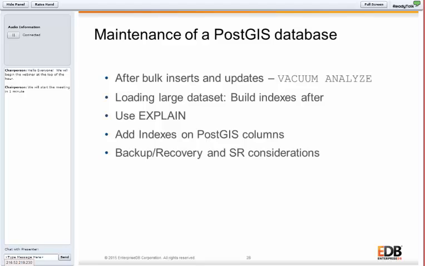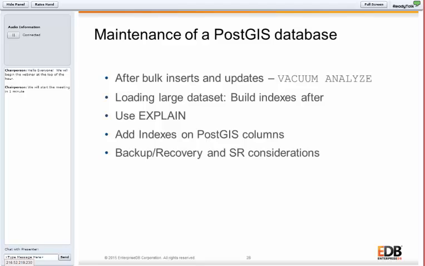You may do a lot of bulk inserts or bulk updates with PostGIS. That seems to be very common. Hey, we got a new collection of data. We got a roads update. So a lot of bulk inserts, updates. Just remember when you're doing that process, no different than doing a bulk data load in the other way, to run a vacuum analyze afterwards.